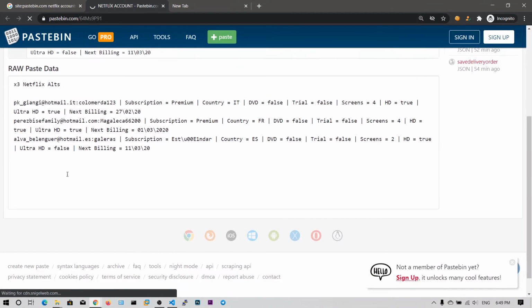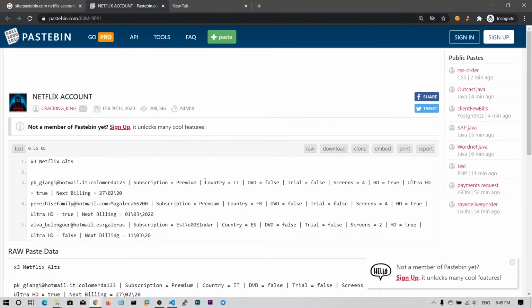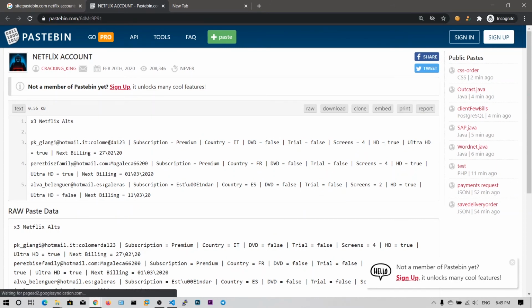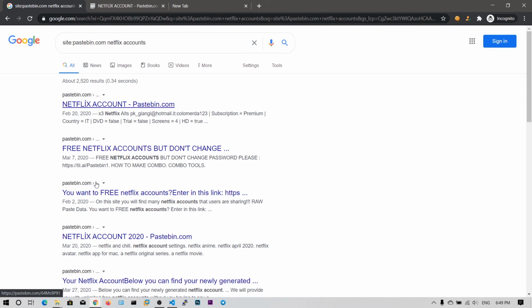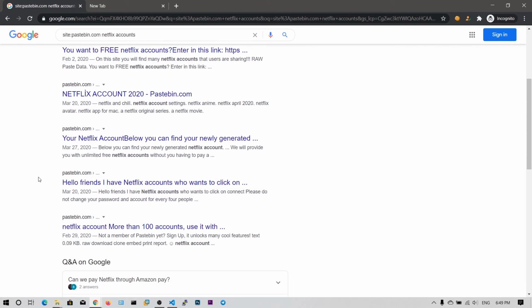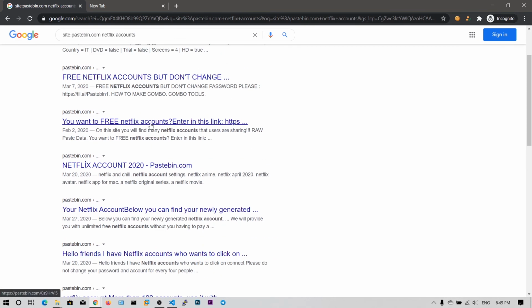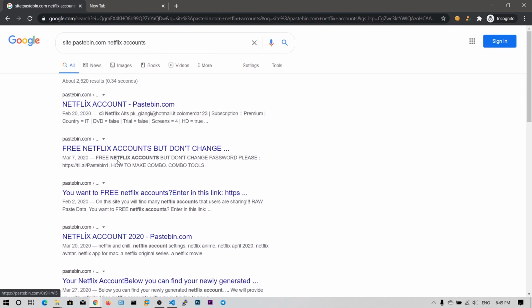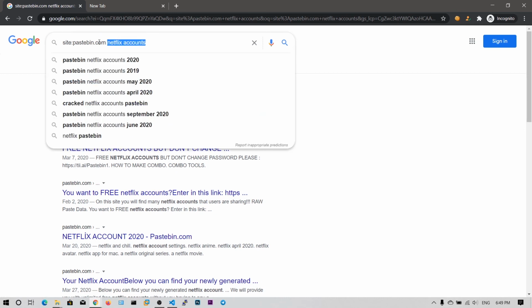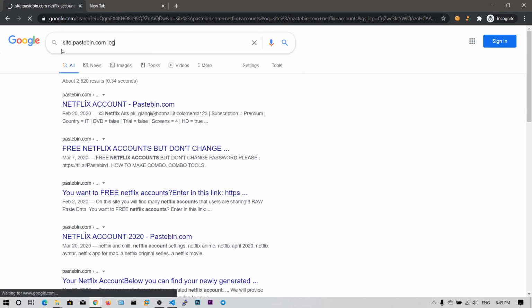So as you can see, there are some accounts with the email and the password, but maybe they may not work because so many members will search like this, and they will change the password. So that's why don't rely on these. It's better to buy a Netflix account or a game from Origin. But sometimes we get lucky, and if any account is successful, then we can just enjoy Netflix, right? So we can also find the passwords of other accounts, like the log files. So this is the advantage of pastebin.com.